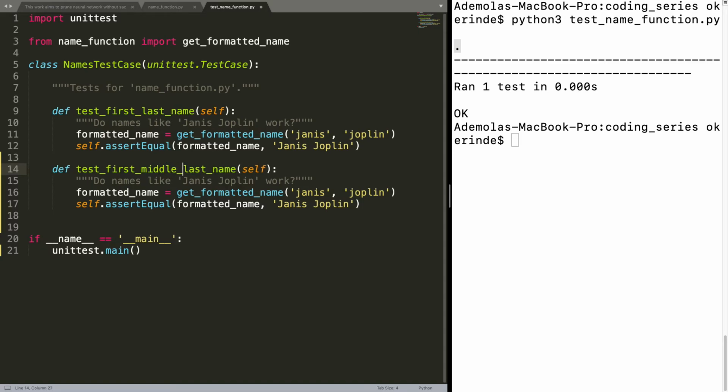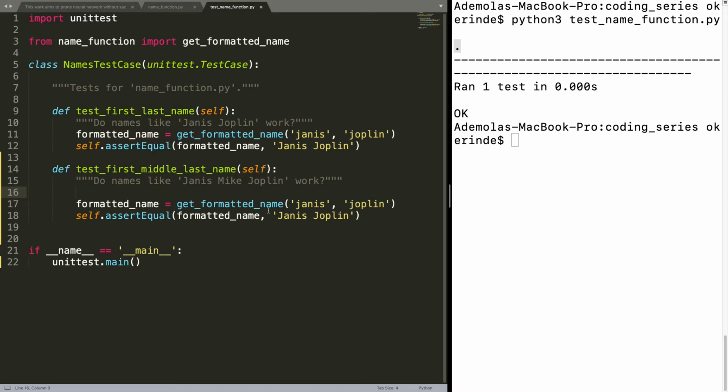Don't forget that the name of our function inside the test case must start with test. So then we assert. So let's say this is Janice Mike. Now we have the middle name. So we try that. So get formatted, which is Janice,